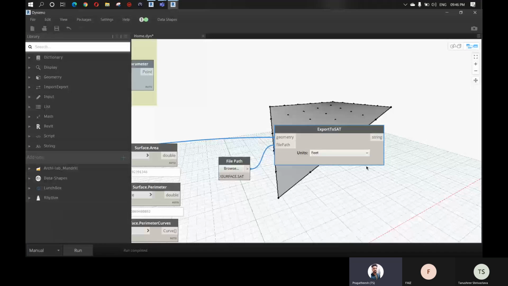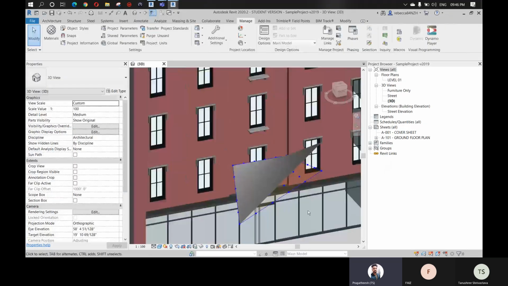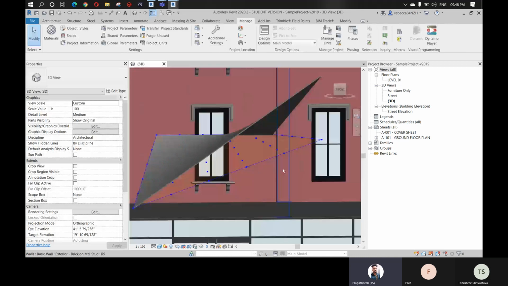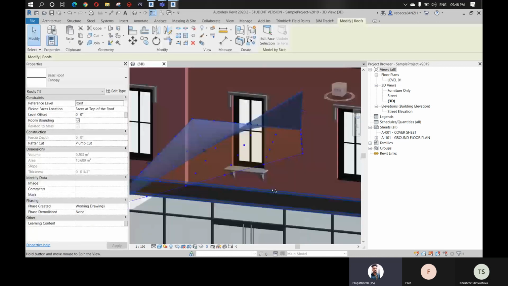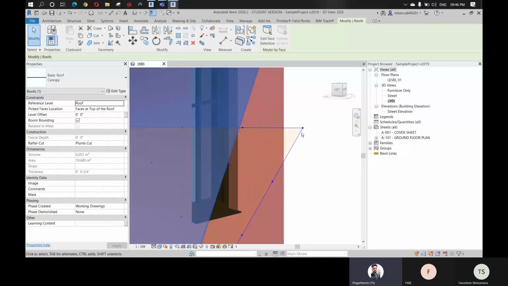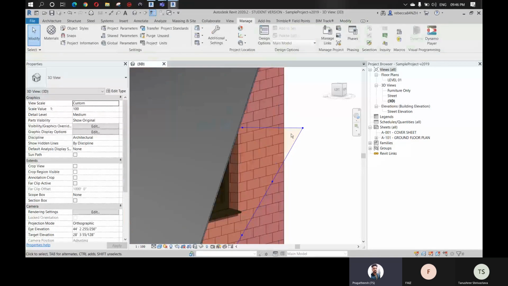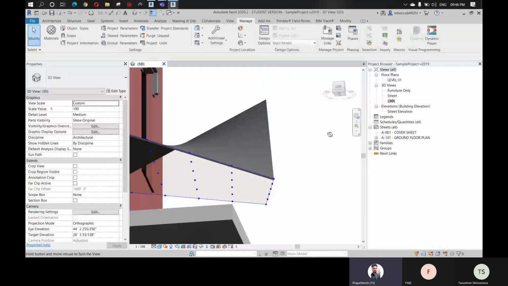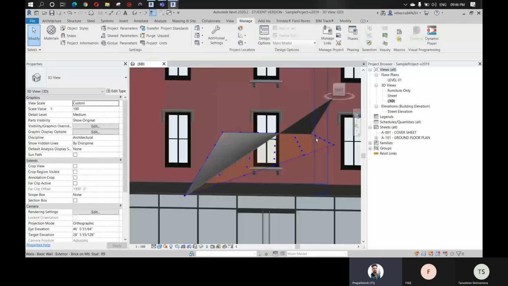Dynamo overwrites the SAT file in this location. That's a good thing, because our Revit project has the SAT file linked into Revit, which means we can reload this link to view the change in the geometry. You can already see the change in shapes, right? What you're seeing here is the previous shape, and you can see a transparent yellow line here. Actually, you cannot select this. These are just showing the shape. I hope you can see it properly, right? So this is the change in shape.